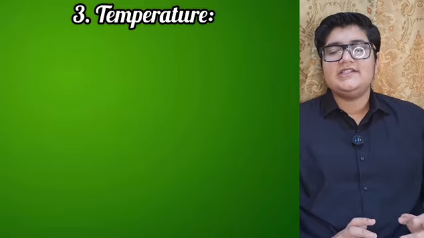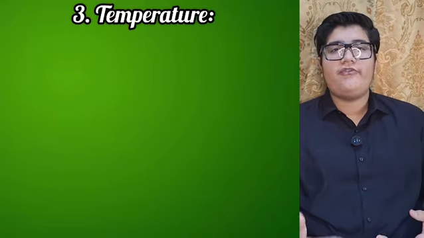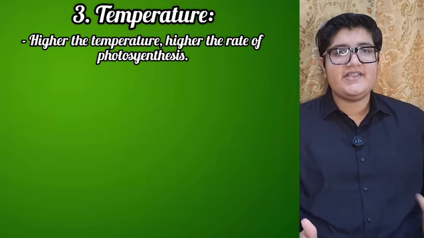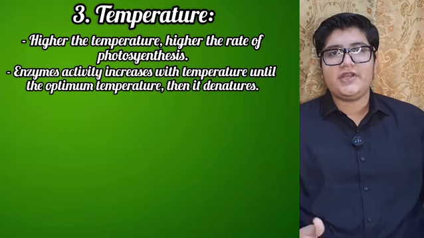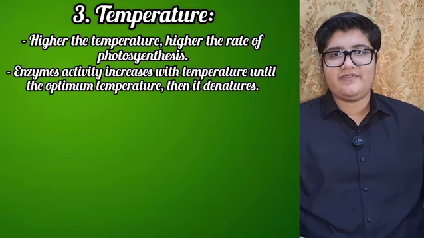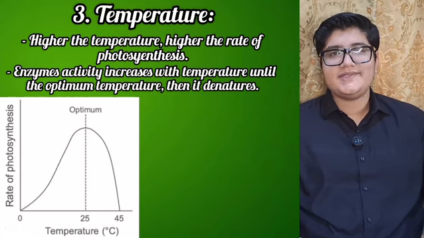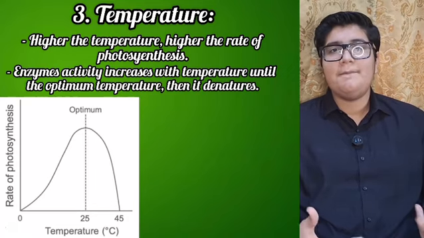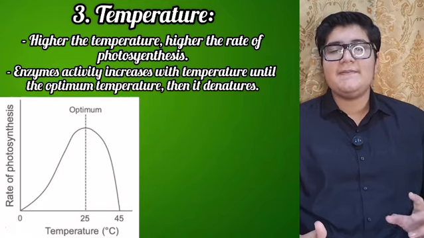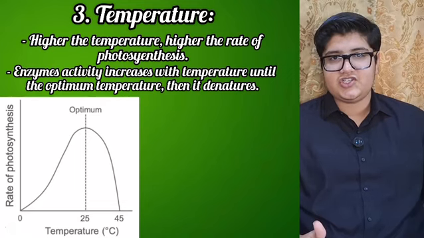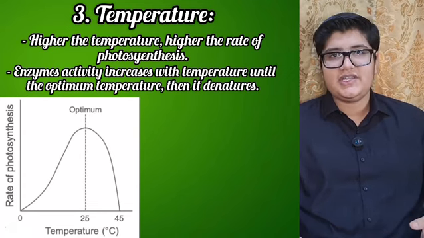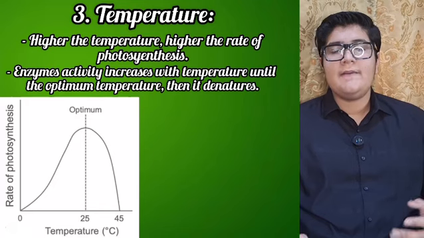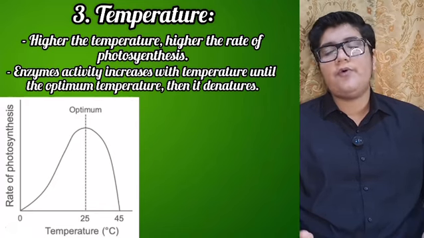The third factor is temperature. The higher the temperature, the higher the rate of photosynthesis. Basically, plants have enzymes and those enzymes are responsible for photosynthesis, and those enzymes rely on temperature. The higher the temperature, the higher the kinetic energy becomes, and then more photosynthesis takes place. But this has a specific point, meaning the enzyme has a specific temperature. After that temperature, the enzyme basically dies and stops giving the reaction, so the reaction goes down, but still it increases until that point is reached.